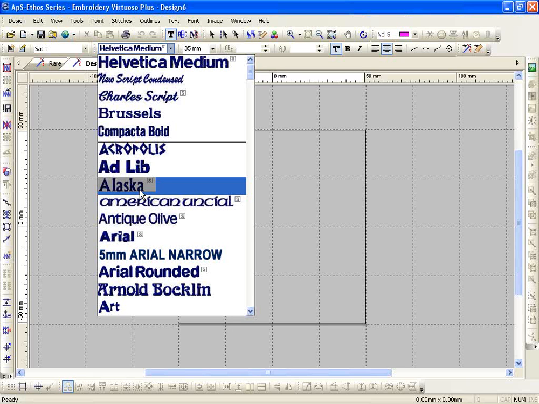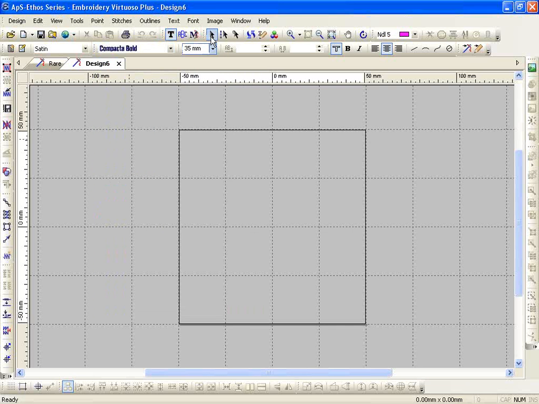Now, I'm going to pick a font style. I'm going to pick a size. Once I pick my font style and my size, I can left click on the screen anywhere. Does not matter. Now, notice that